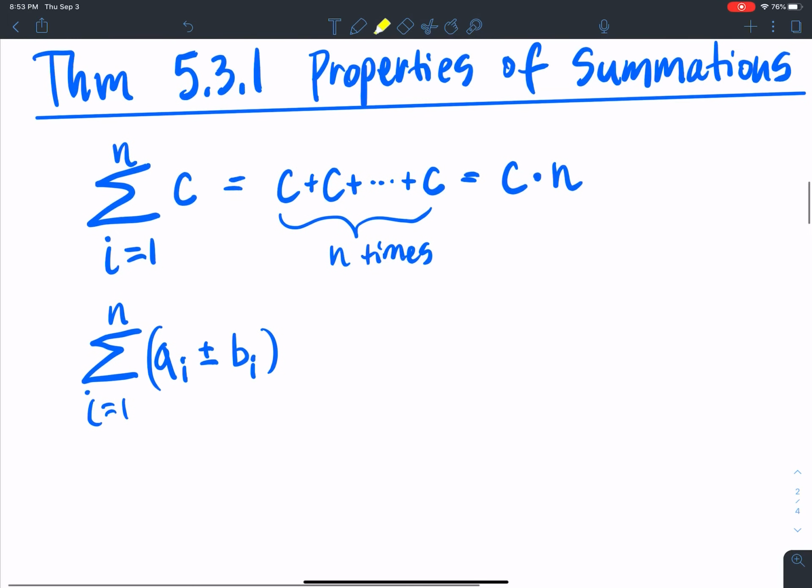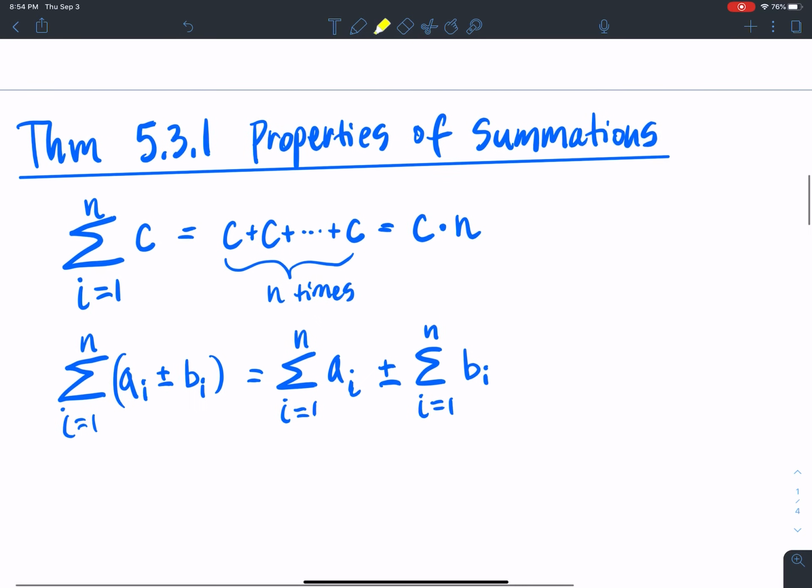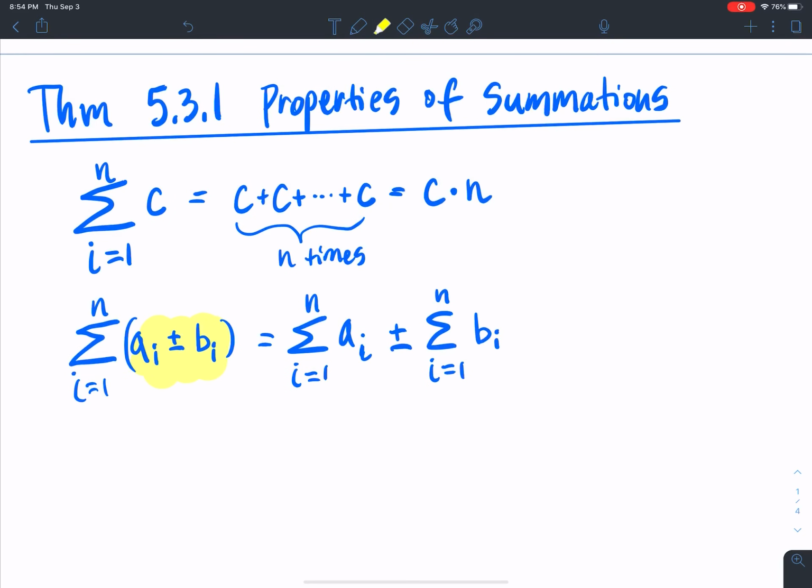Now, this next one says the sum of a_i plus or minus b_i is equal to the sum of the a_i's plus or minus the sum of the b_i's. So the sum of the sequences is equal to the sum of the sums. It's kind of a tongue twister. So my two sums here can be broken up over the plus and minuses,